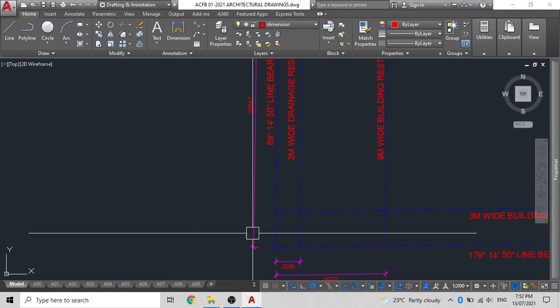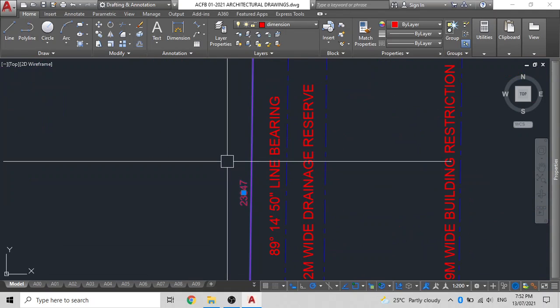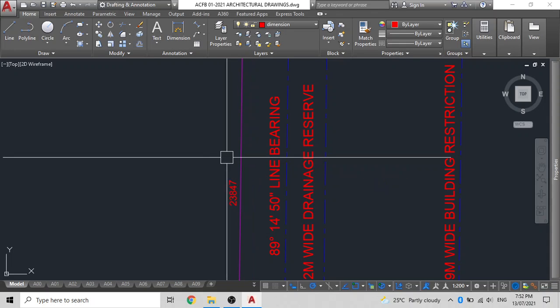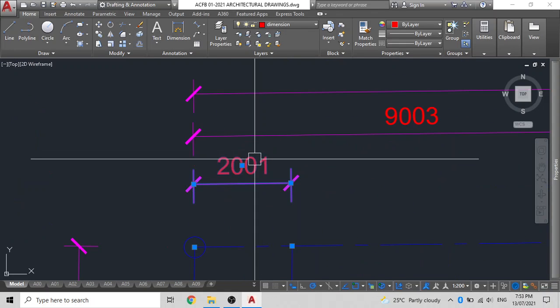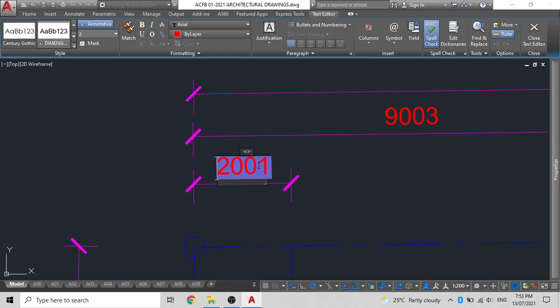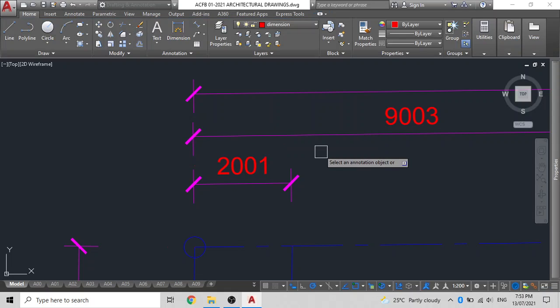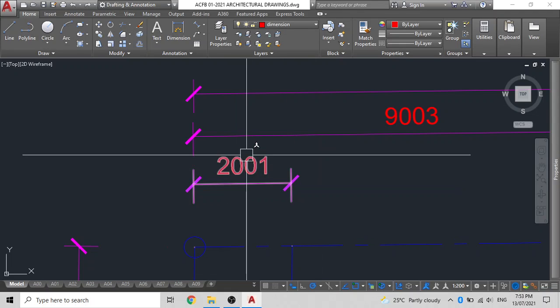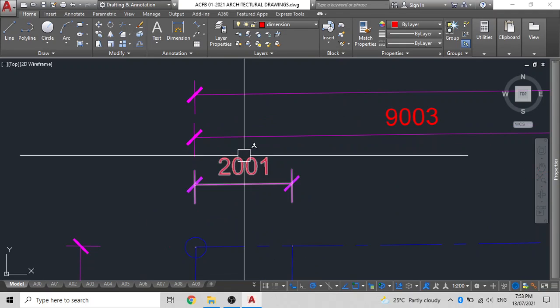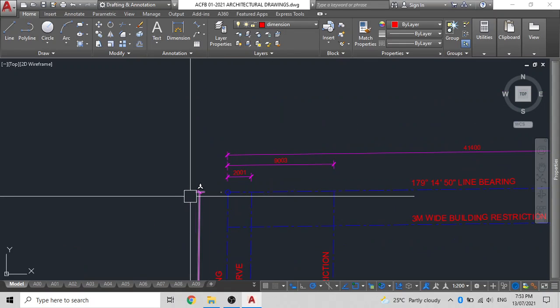Never use a cheat dimension. It is not a good practice as a professional. Now, what I mean by a cheat dimension is what you do is double click on the text of the dimension, and then you cheat the dimension by entering whichever one that you thought was right, because you don't want to resolve a small millimeter of error. Remember, a small millimeter of error in your drawing will result in a huge number of meters in the actual construction if someone was to scale it and they did not check the scale of your drawings. So do not try to cheat the dimensions. Use the dimensions as they are. If they do not match up, make them match up.